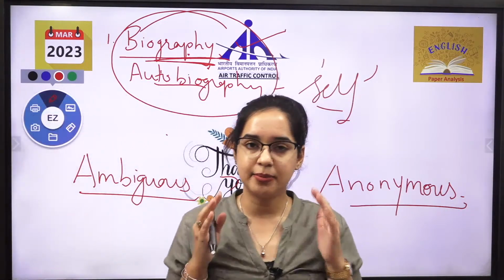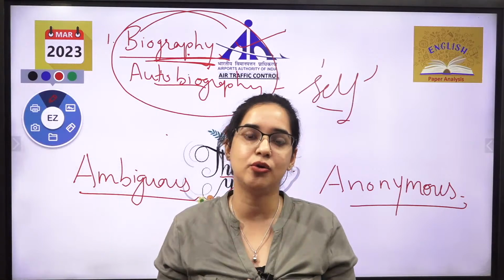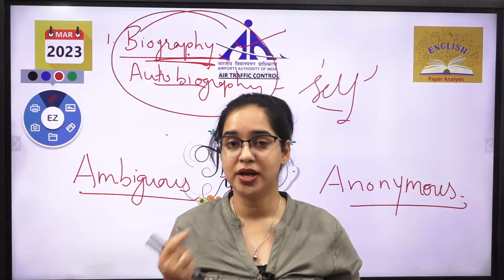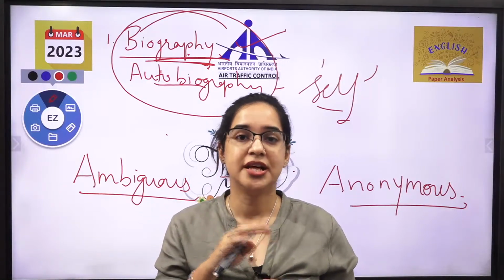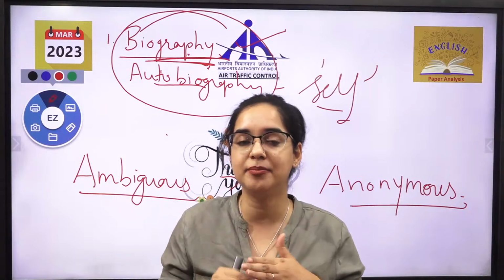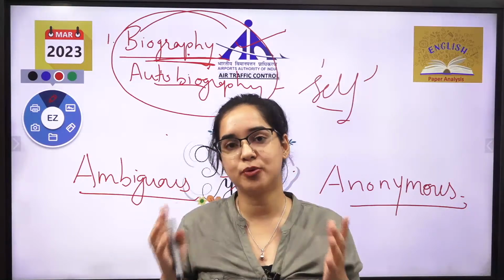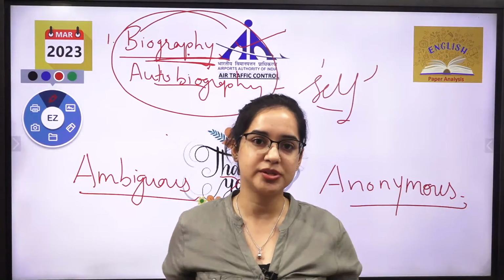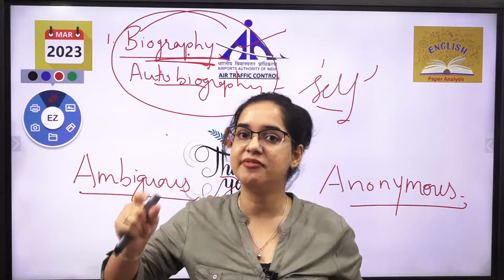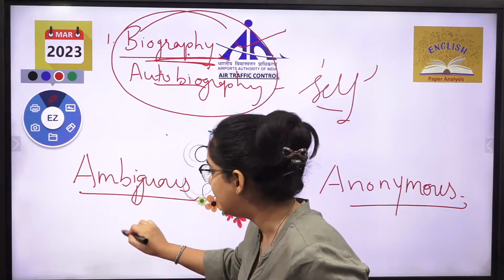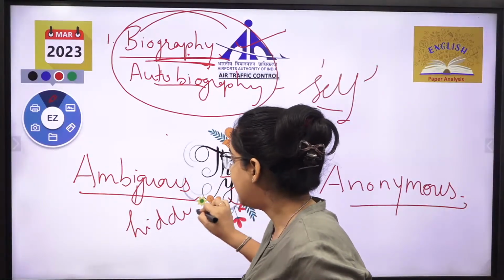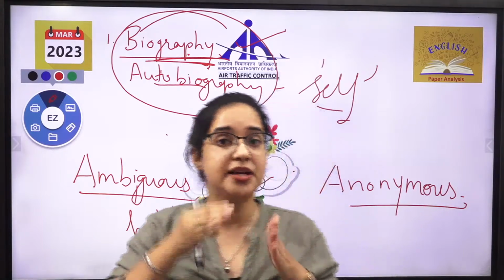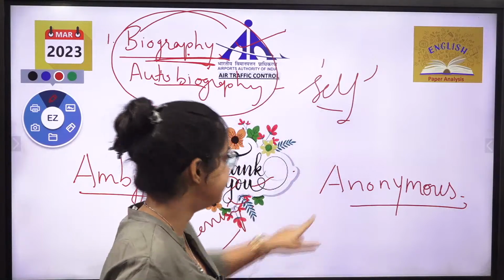When something, when I'm telling you about a story, it has a hidden meaning only. When you are talking to someone, just suppose your relatives come and your mother is trying to give you some clue, she raises her eyebrows, that is she's trying to give you some hidden meaning. The turtle and hare story, the turtle and the rabbit, the story was there. What was there? The streamline क्या है? Slow and steady wins the race. मतलब जब किसी बात का hidden meaning निकलता है, that is termed as ambiguous. Clear? ambi मतलब अंदर से एक second meaning निकलने वाला.